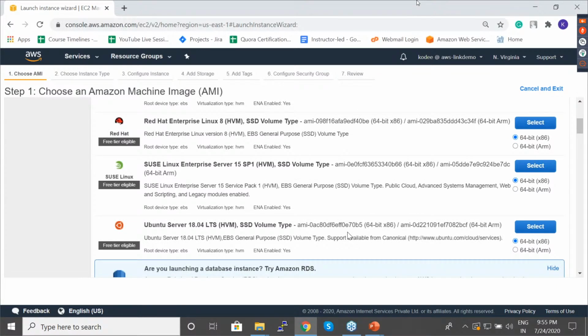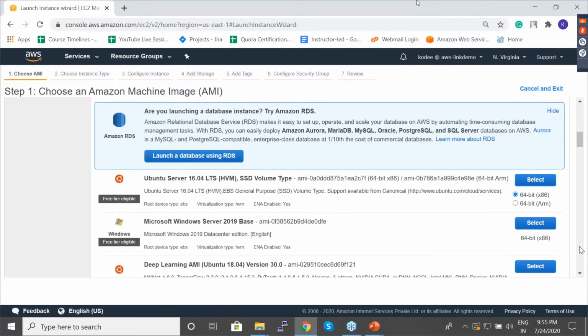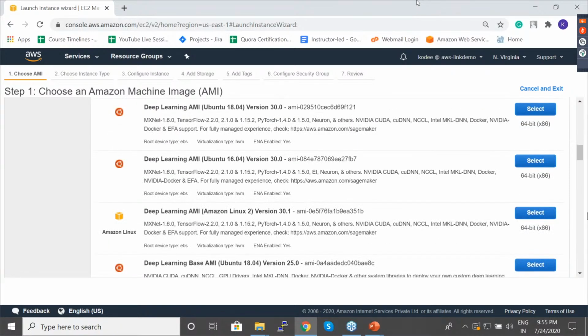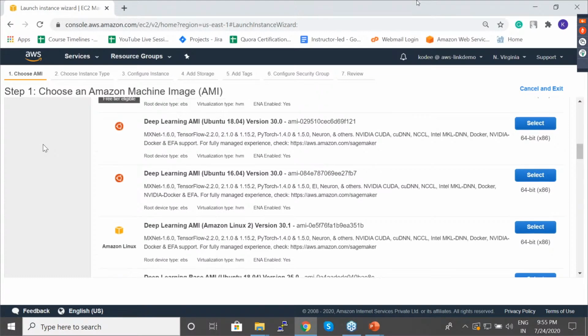If you're installing an Ubuntu operating system for your PC, then you will need the ISO file, right? Or you will have a bootable pen drive in which you have the operating system available. Or for Windows, you might have a CD, or again, a bootable pen drive, which you insert in your PC and install the particular software. Like that, AMI is also called Amazon Machine Image.